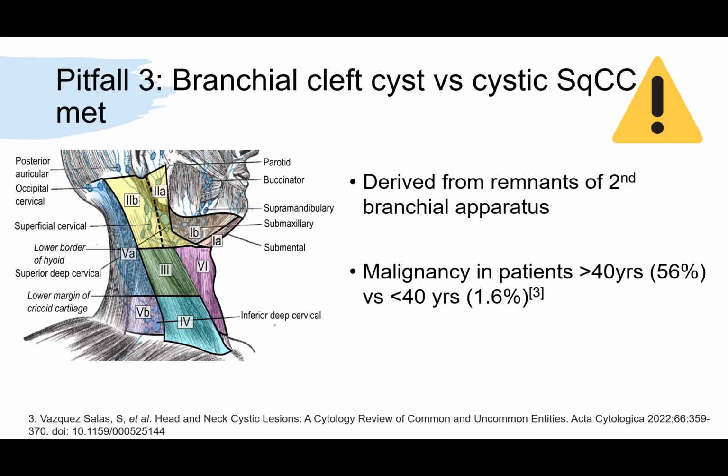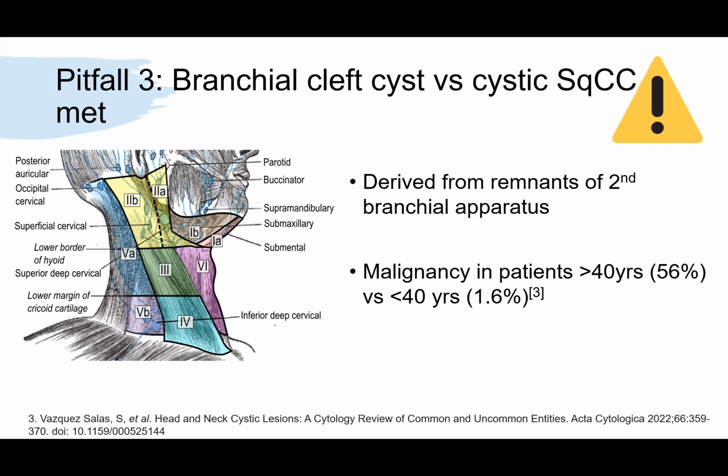And probably one of the most challenges to head and neck cytology is whether something is a branchial cleft cyst versus a cystic squamous cell carcinoma. And this is highly difficult because of the anatomical position of the branchial cleft cyst. As you know, it is a derivative of remnants from the second branchial apparatus and tends to be in the location of the anterior 2/3 of the upper neck, overlying the